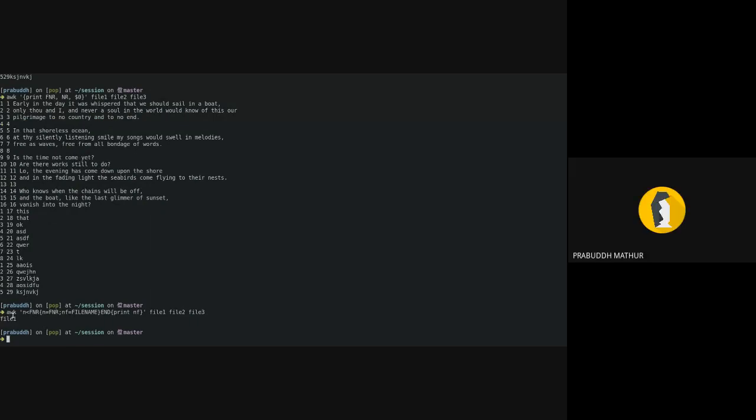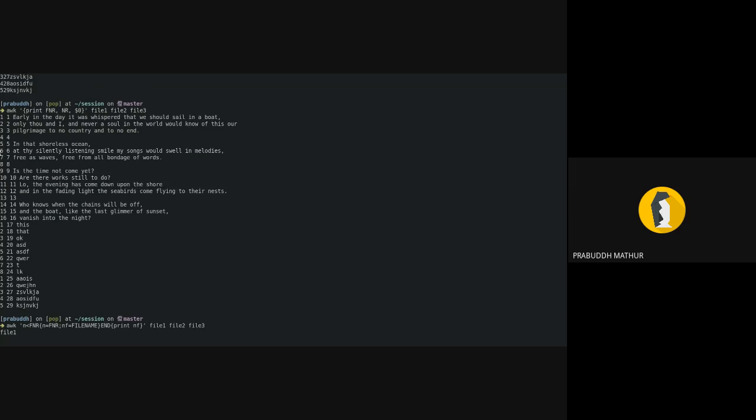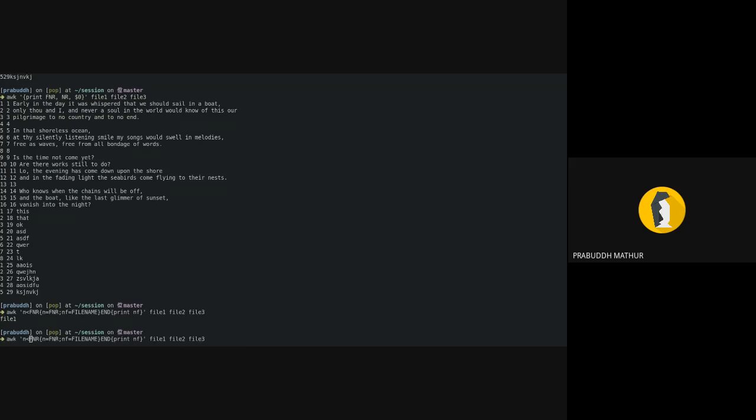So it will go through every line and check if N is less than FNR. We should say it as if FNR is greater than N, then it would have been easier on the brain to comprehend. Because if any current file's number of records is greater than the previous value of N... Yeah, now I got it. Thank you for pointing that out.